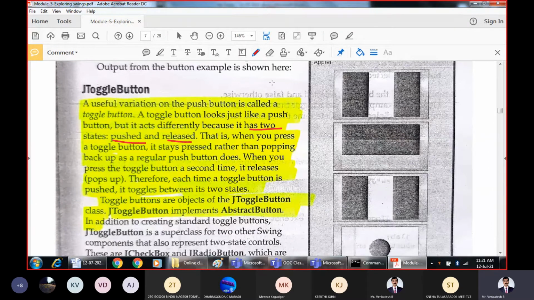That means whenever you press a toggle button, it stays pressed rather than popping back up as a rectangular push button does. In the rectangular push button, it will pop back, whereas in toggle, the button will remain there itself. It will not come back.